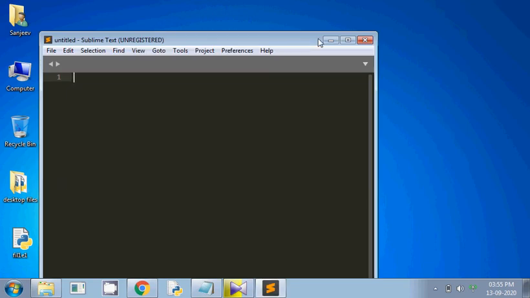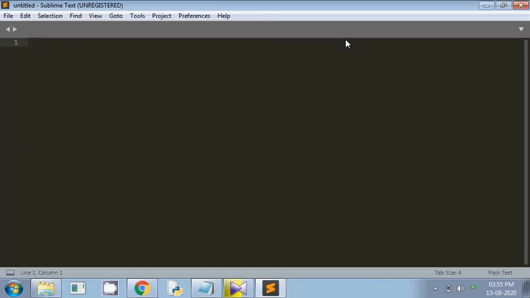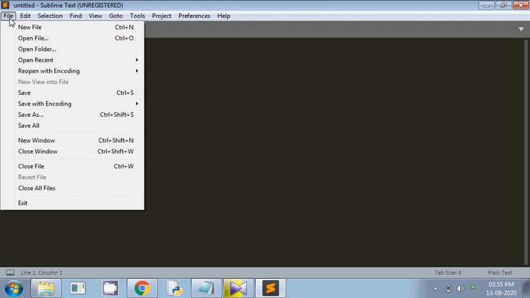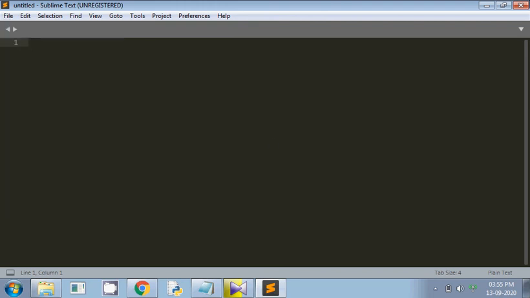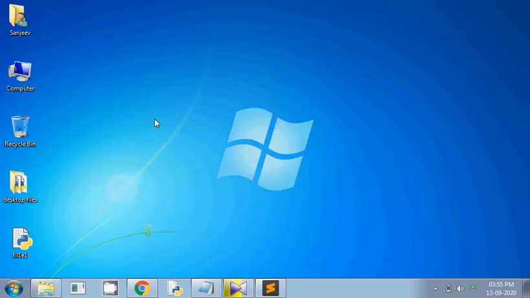So this is Sublime Text's interface. We'll have to create a project, or we can use a folder as well. Let me create a folder called Python practice, and we'll be placing all the Python files in this particular folder.